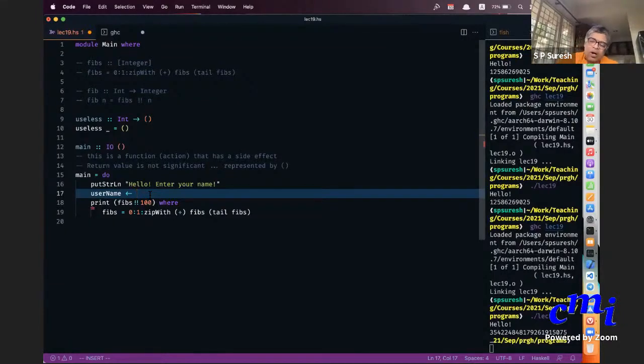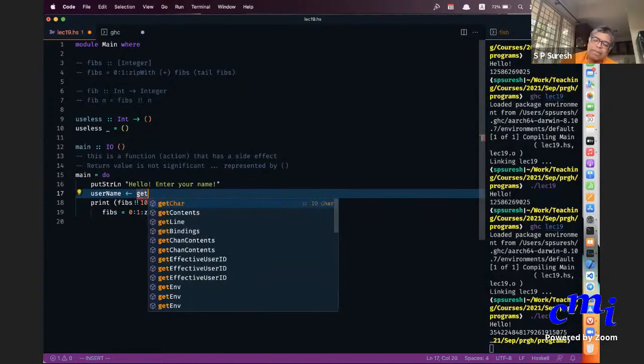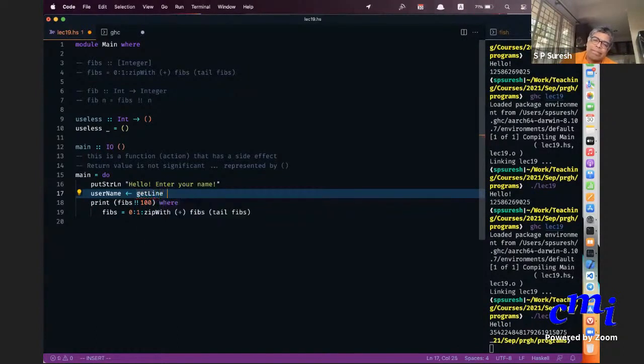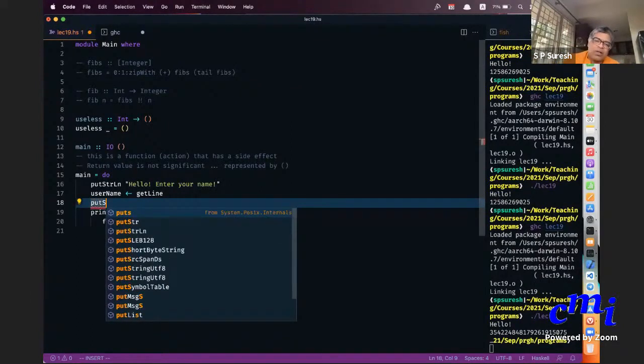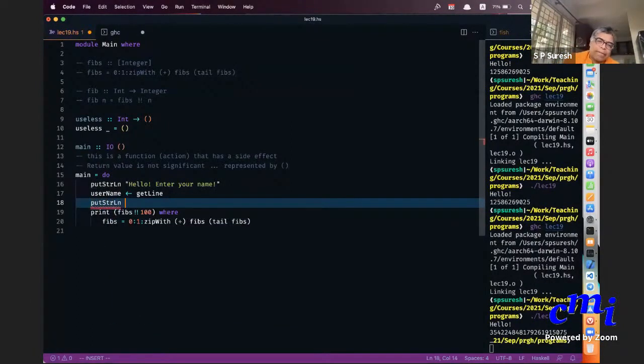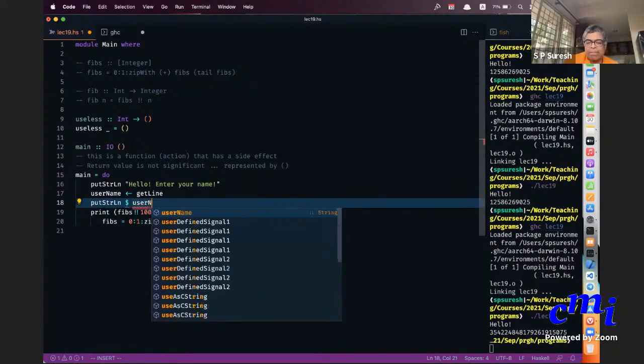Then you say getLine. Once you've bound the name username to whatever was gotten there, then you can use that later. So you can say, for instance, that you can print the username.